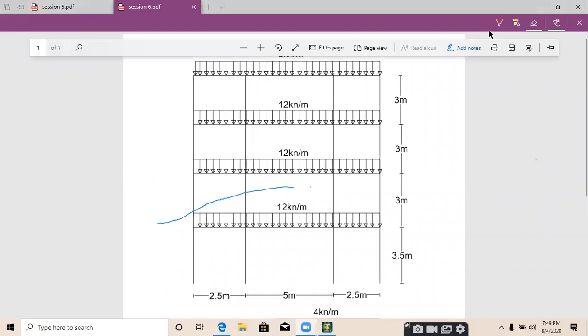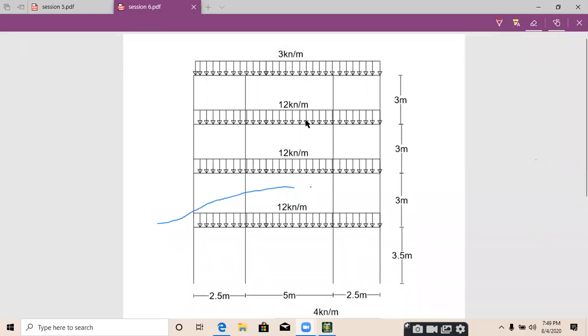Okay, guys. Sir, can you teach a simple example with a secondary beam connecting to a main beam? Secondary beam connecting to the main beam means there is no column at the junction of the beam. The secondary beam is connected to the main beam. So there, how to release the moment? Just draw the particular thing which you are asking. Can you draw it on the screen? Yeah, sir.